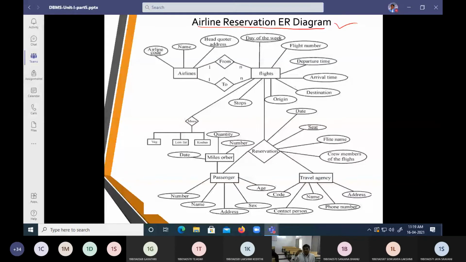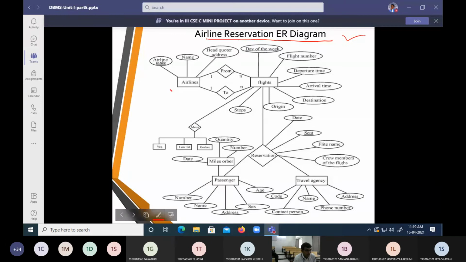So, who will be the major entities for an airline system? One, the providers of the airline system. Two, the number of flights, the flight details. Three, the passengers who want to use the services of the airline reservation system.